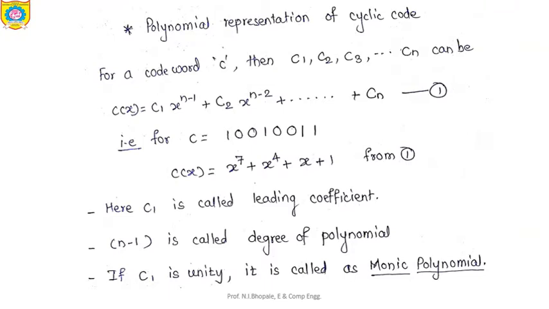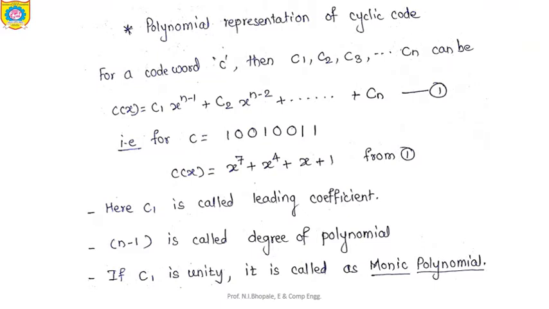Okay, hello everyone. Let's proceed to the next session, that is of ITC and CN. We are going to discuss what is cyclic code. In the earlier sessions, we discussed what a cyclic code is, what its properties are, and then how to test whether the given code is cyclic or not.